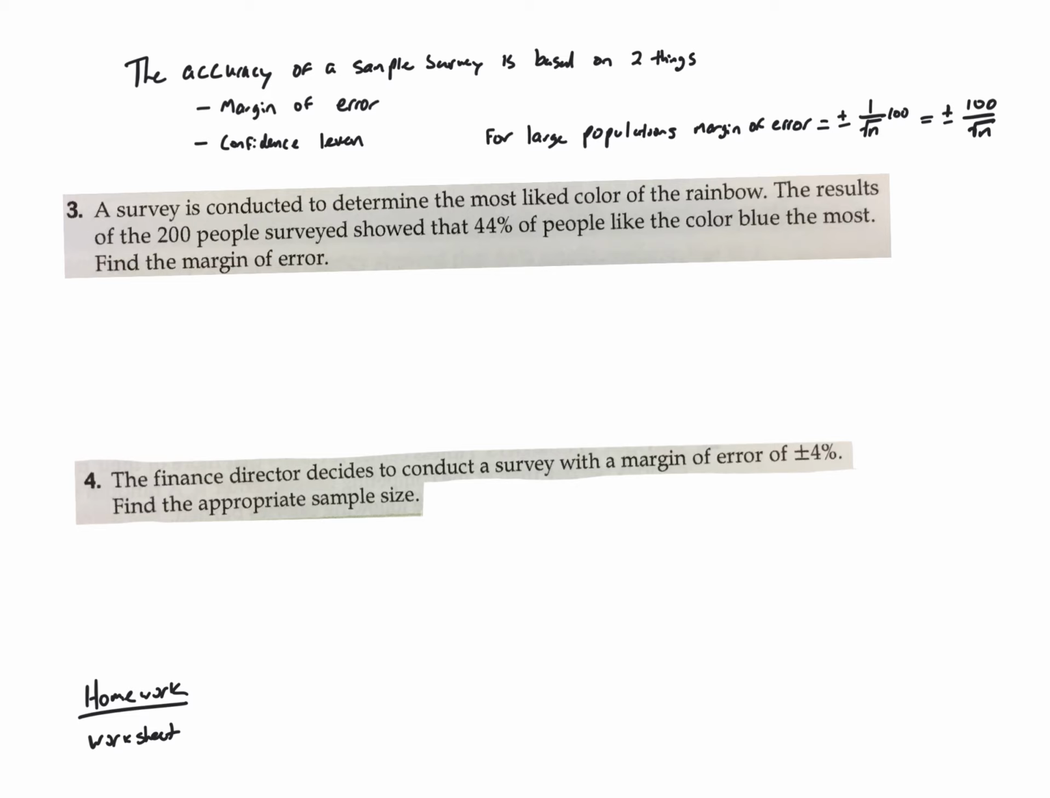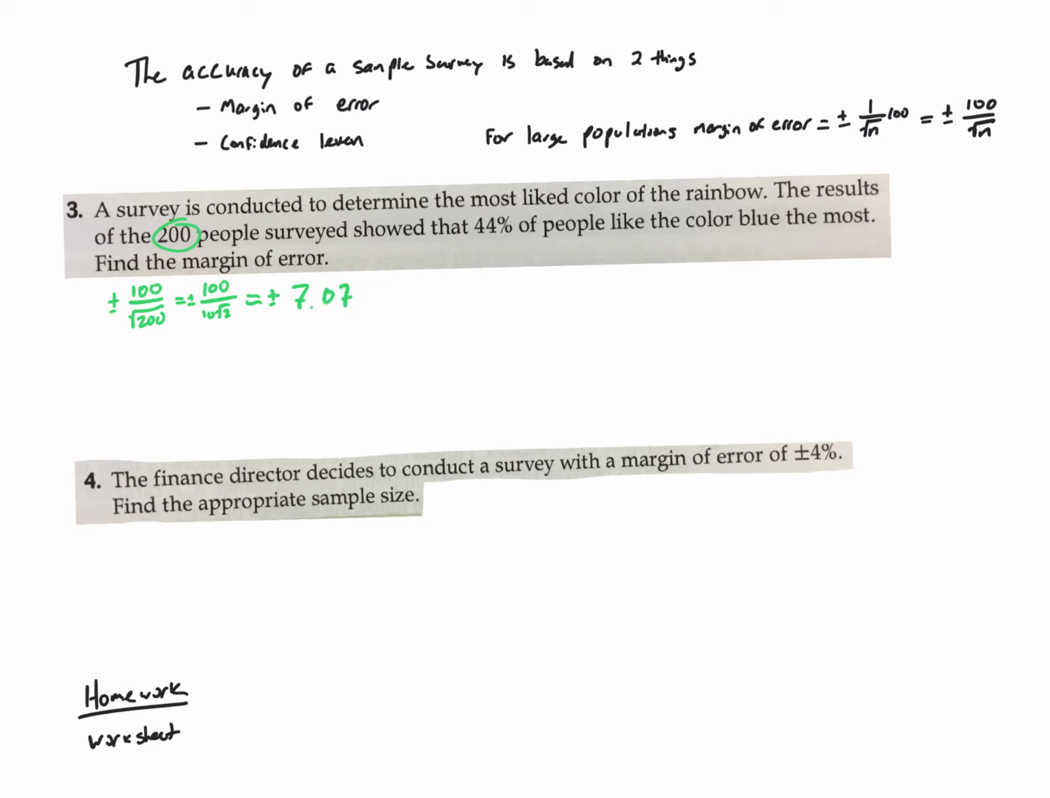Guided practice number 3 says a survey is conducted to determine the most likely color of the rainbow. The results of 200 people surveyed showed that 44% of the people liked the color blue the most. Find the margin of error. Since there were 200 people surveyed, we're going to say plus or minus 100 over the square root of 200. So that's going to be 100 over 10 root 2, which is about